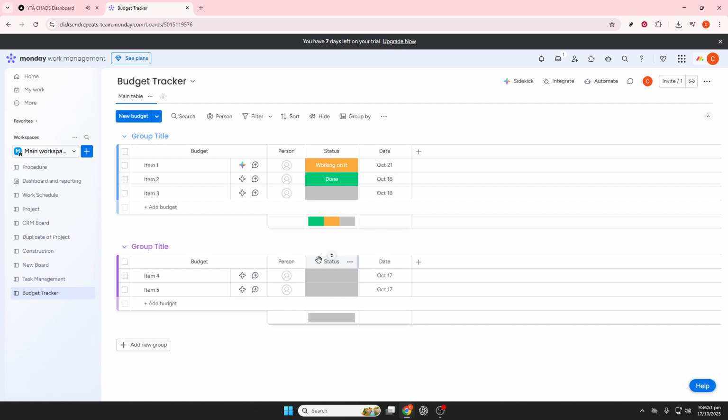Finally, measure and evaluate results at the end of each quarter or project cycle. Compare actual KPIs against targets using the formula column and review success rates by filtering completed goals. Document learnings in a lessons learned column to guide future strategy sessions. And remember, planning ahead is key. Duplicate the board for the next period,